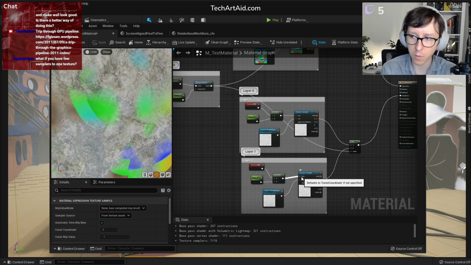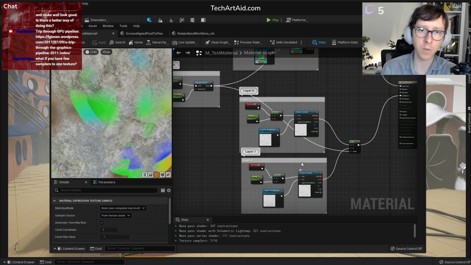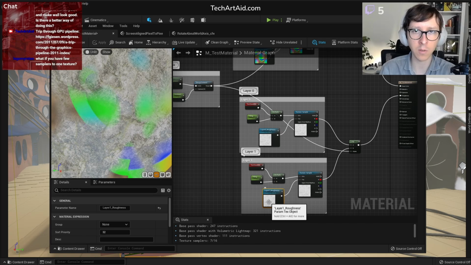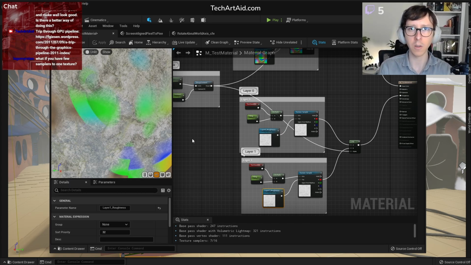Legomil asks, what if you have a few samplers to one texture? So what if I put this texture on the left, this texture on the right, and then sample a few samplers but the same texture? The thing is, it doesn't save much, because what's costly is sampling. Atlasing textures in a bigger atlas is sometimes okay, because you save on the number of files, so